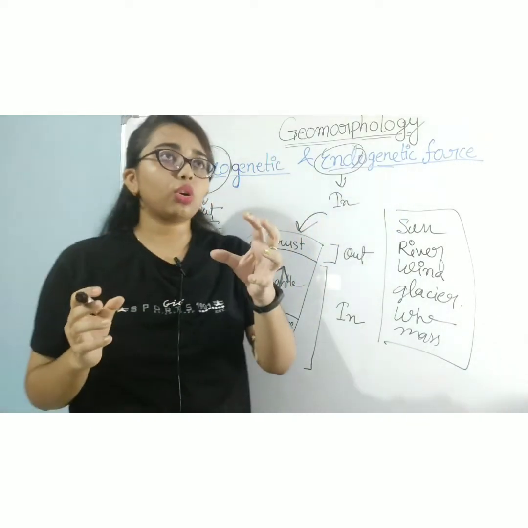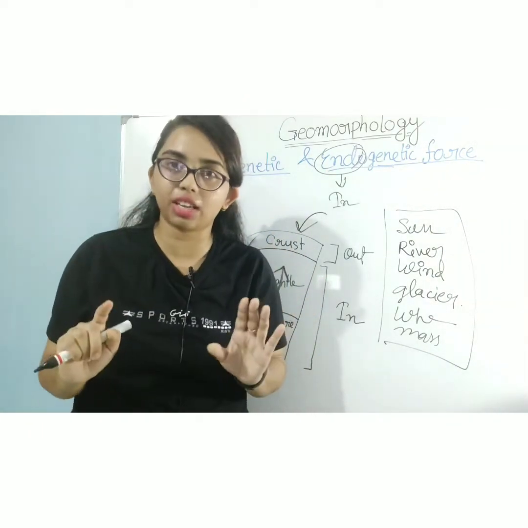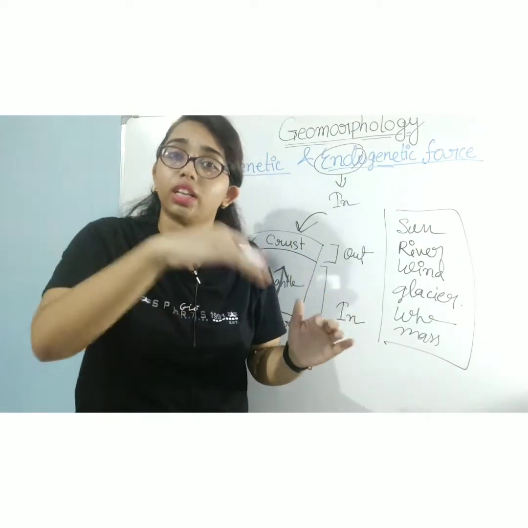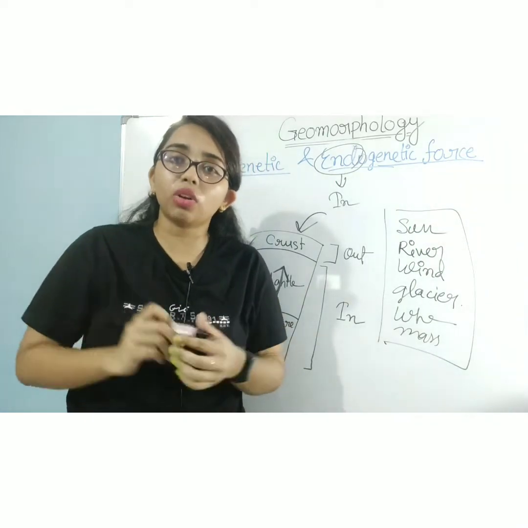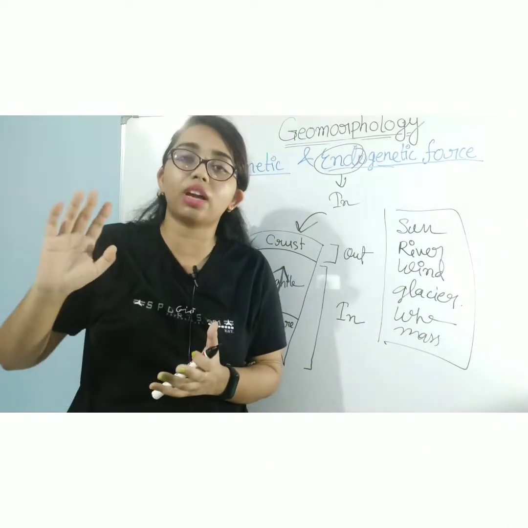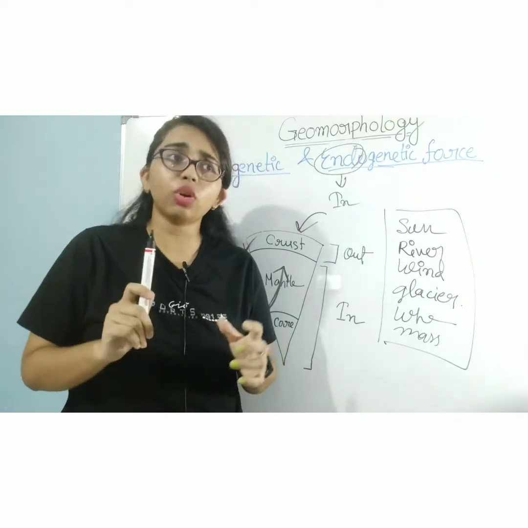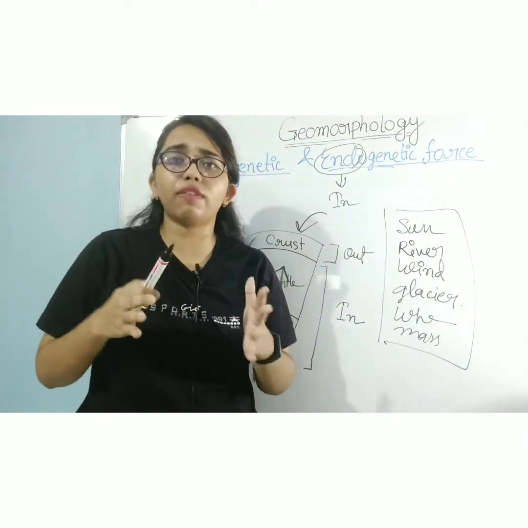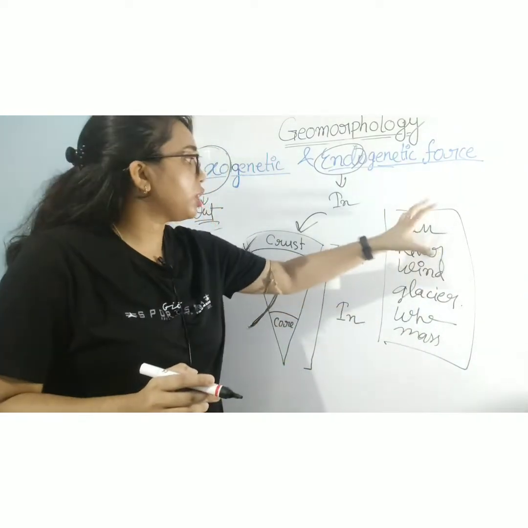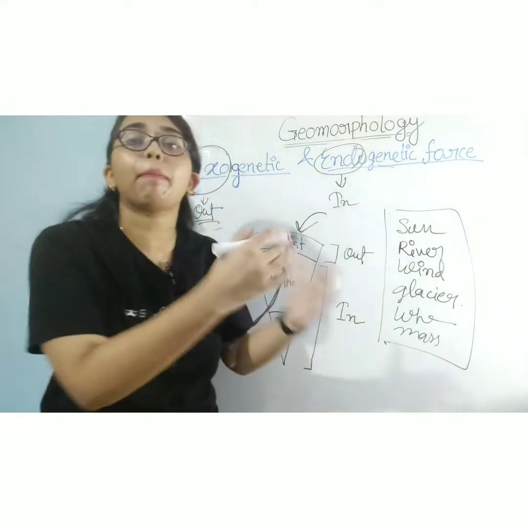You know that the crust is not as smooth as my skin, right? The crust is not very smooth. It is undulating. Why is it undulating? Because the upper portions are at high altitude, the high portions are called mountains. The low portions are called valleys. Due to riverine action, we get those valleys. So these are external forces. Due to these external forces, the crust changes rapidly.